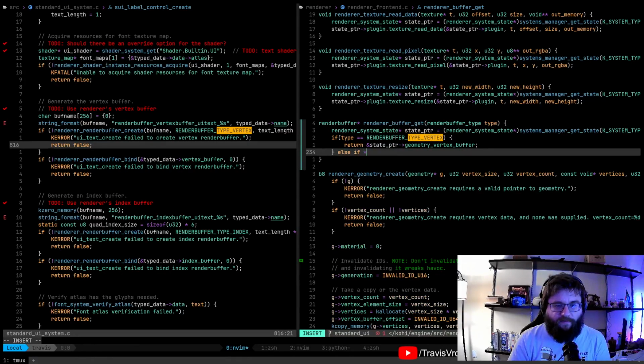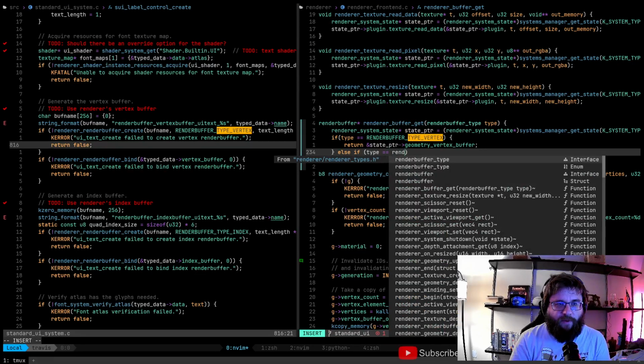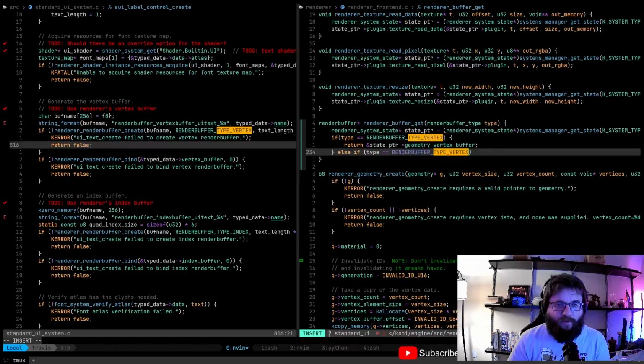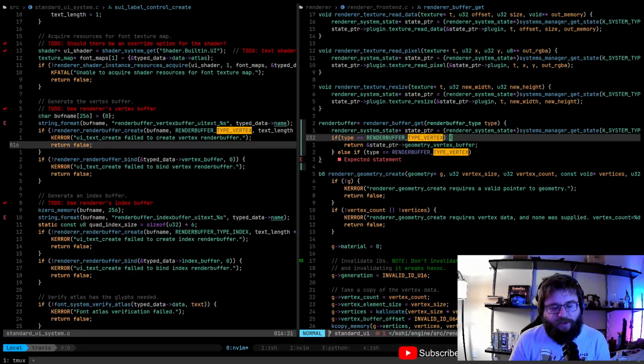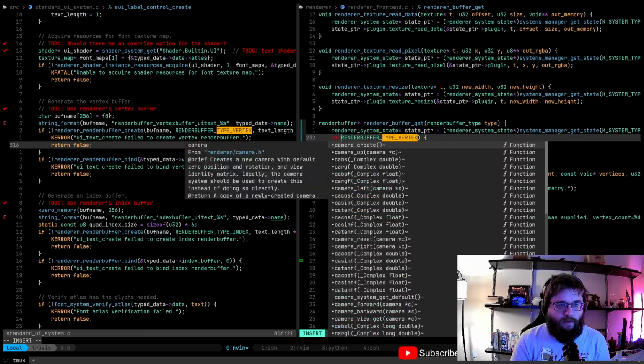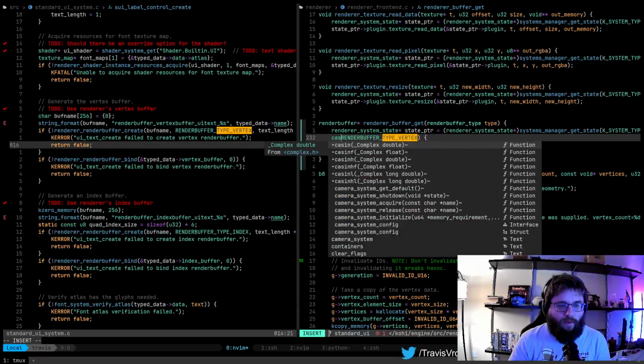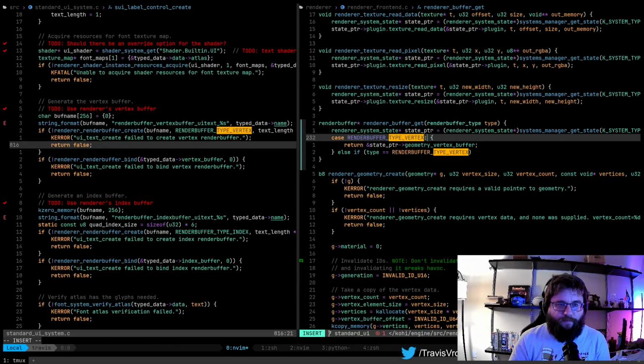Else if type equals render buffer type vertex. Why am I doing this with this? This should be a switch. Right? This should be a switch.